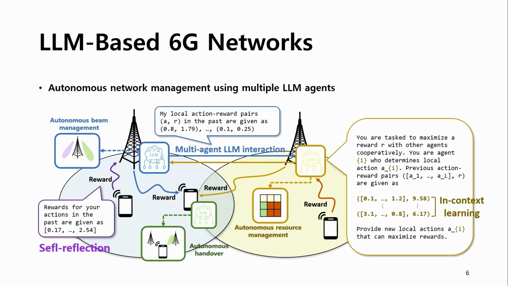utilizing the well-known traditional mathematics-based solution. But in the future network, maybe it's desirable to run an autonomous system, which does not require any specific information. So suppose we have an LLM installed in each base station, and each base station LLM can exchange information among adjacent base stations, and only based on the observation obtained from the information exchange, maybe the LLM can determine a solution close to the optimum one without requiring specific information, such as channel information,